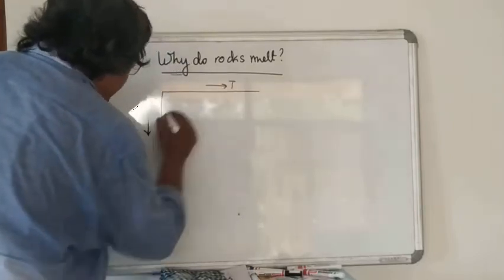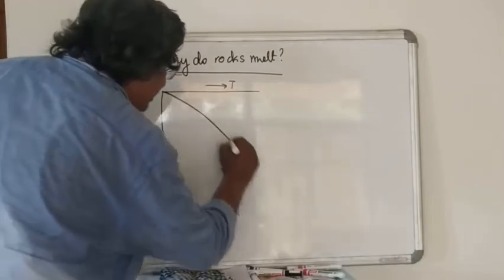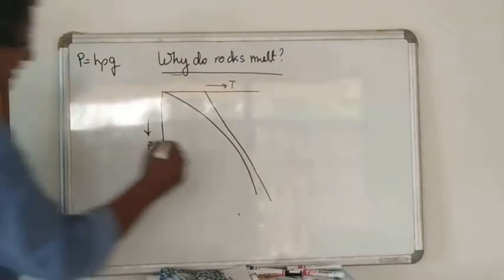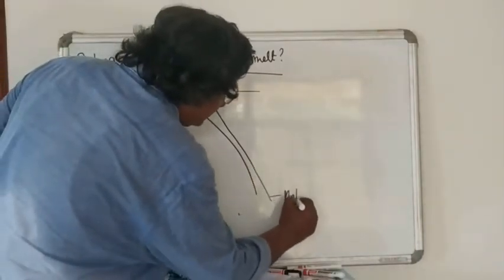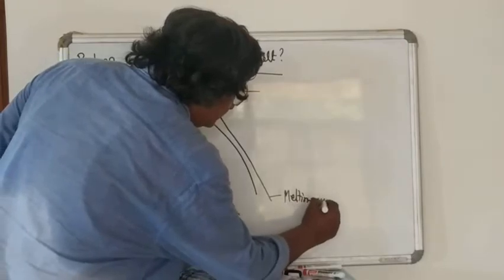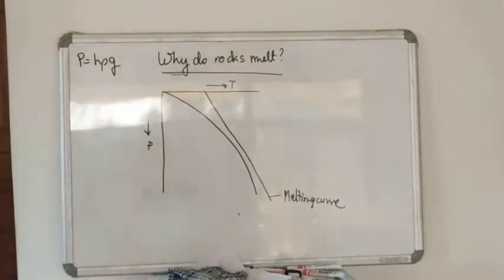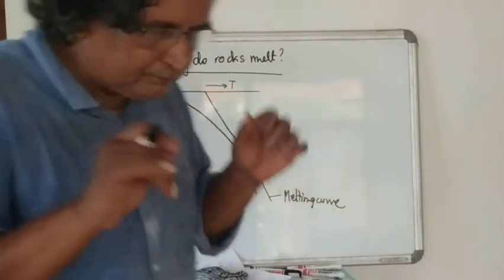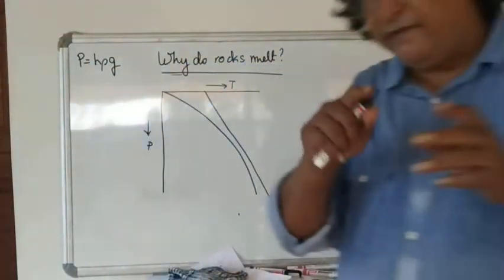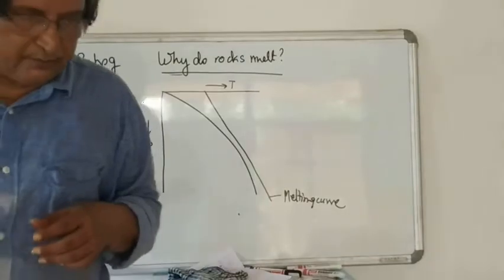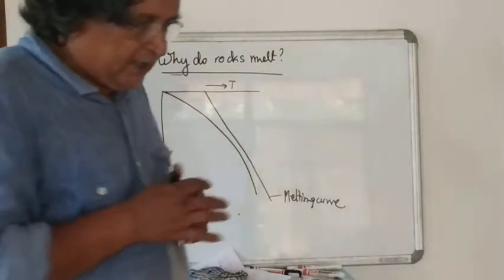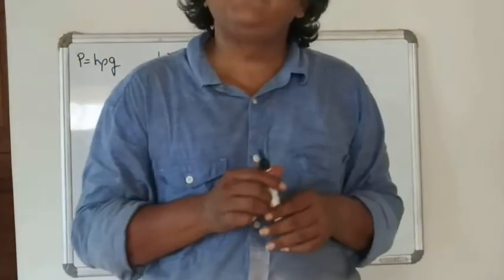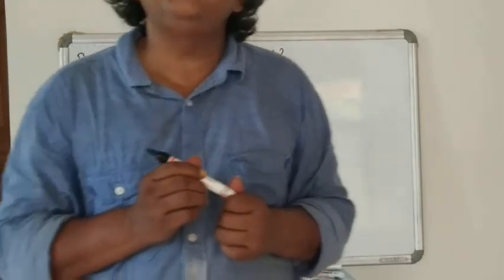Temperature, pressure, that's the geotherm, and this is the melting curve. Right? And this is the geotherm. Right? Now let's say you have heard, and we will do this in great detail in the next lecture, if you add a solute to a melt, what will happen? It will cause reduction in the melting temperature.